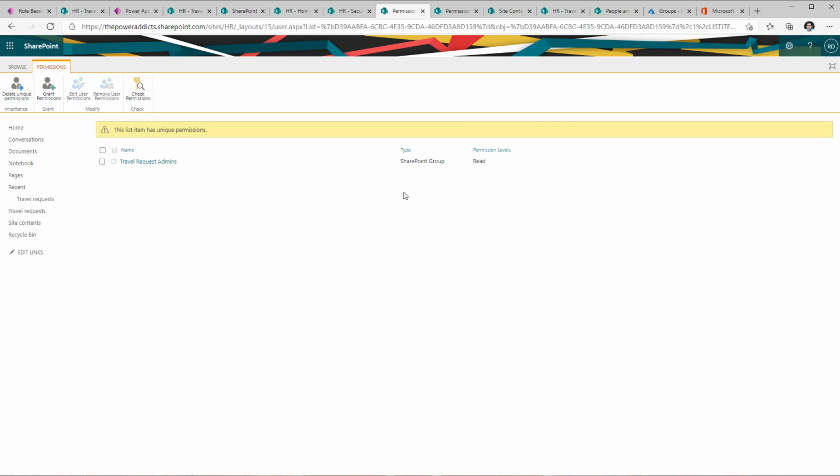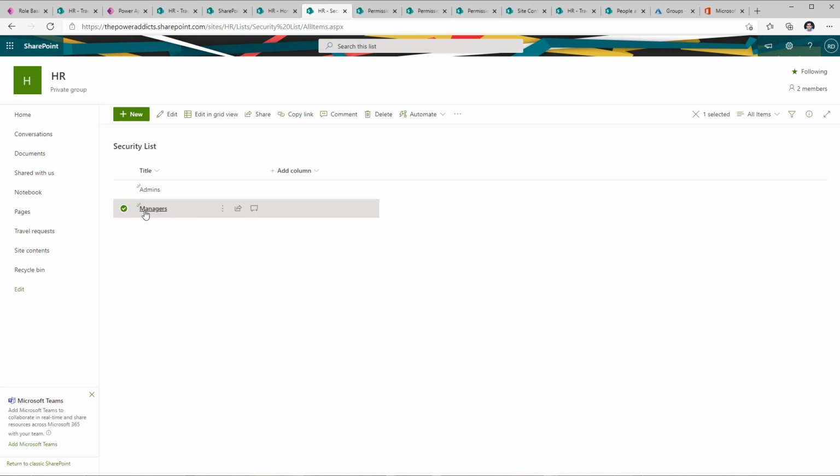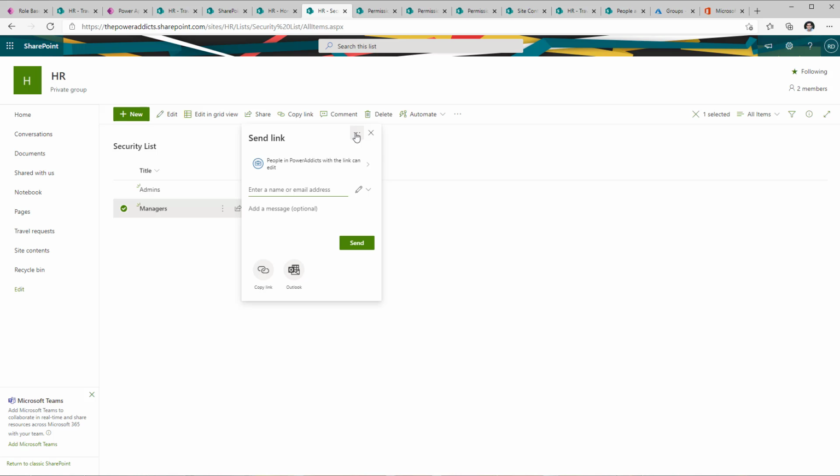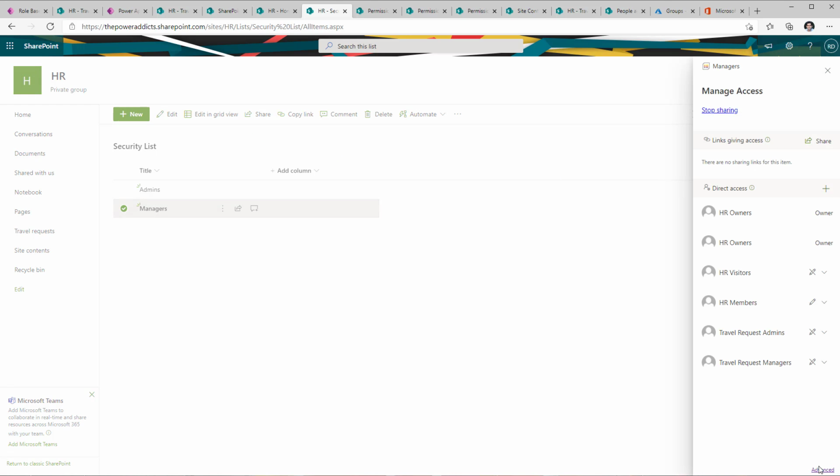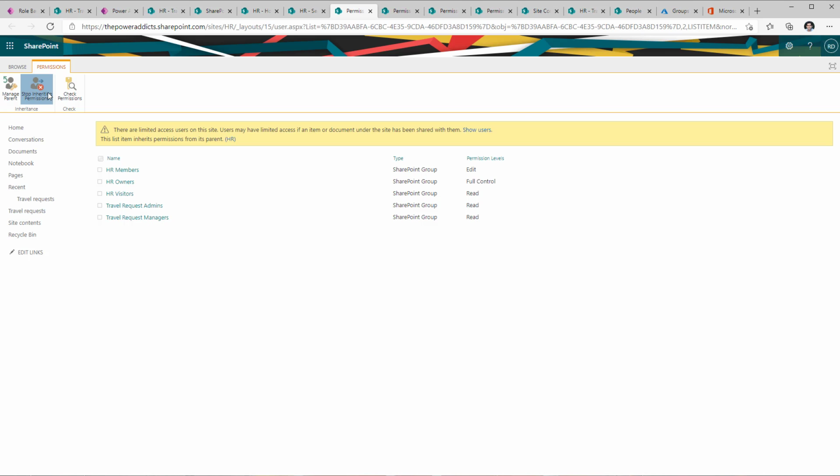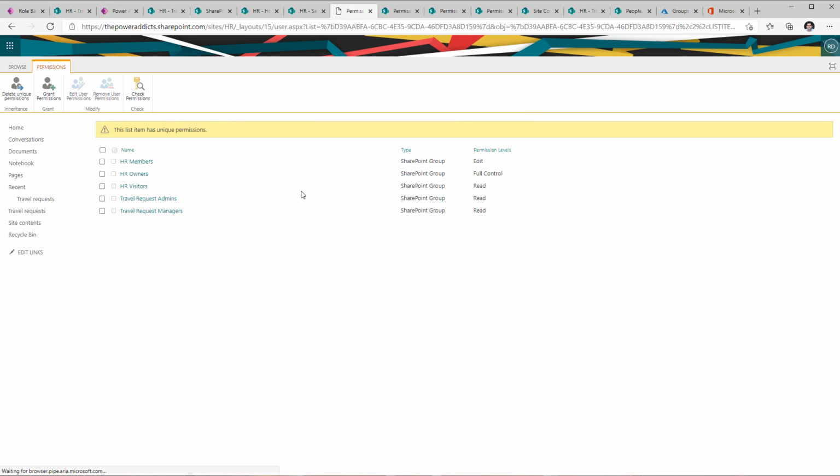The only group that has access to this record is if the user is a part of the travel request admins group. And now I'll do the same thing for the managers SharePoint group as well. I have this list item right here. I will go ahead and go to manage access, go to advanced, stop inheriting the permissions,